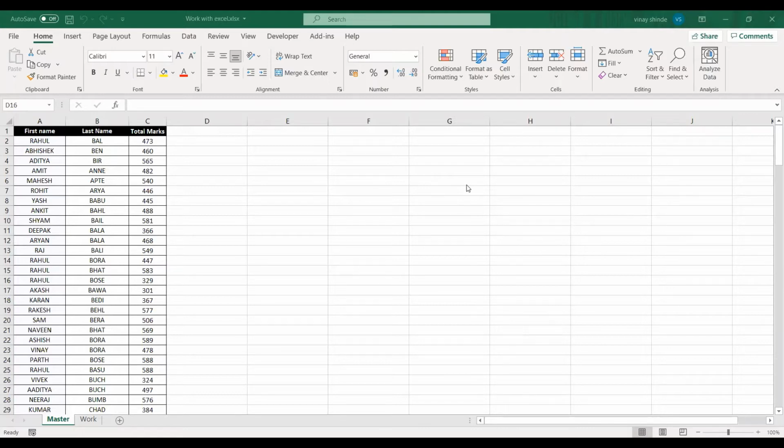And the second one is there are many inbuilt functions and formulas in Excel, which makes it very useful for all levels of users, be it beginner, intermediate, or professional. So it's very easy to use. What I'm planning is to bring a series on various formulas and functions in Excel, which we'll see one by one in each video.